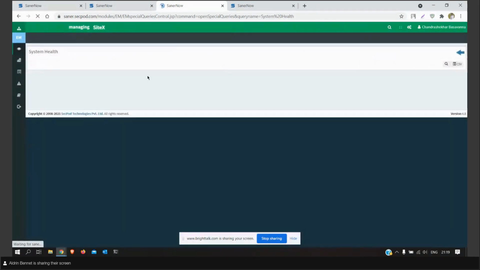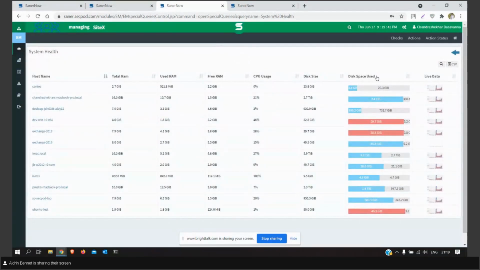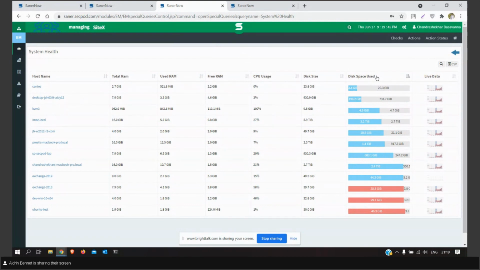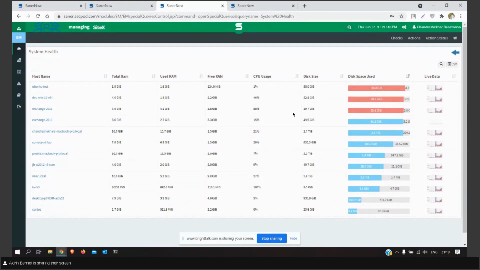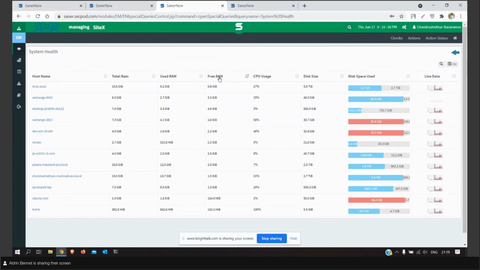And here in all this data, you'll be able to sort it according to the storage capacity that is full. So this way you'll be able to easily sort all your endpoints and see which disk is full. And CPU usage, you can see which system CPU is taking too much of resources and the RAM which is used. Everything can be sorted and figured out from this single dashboard.